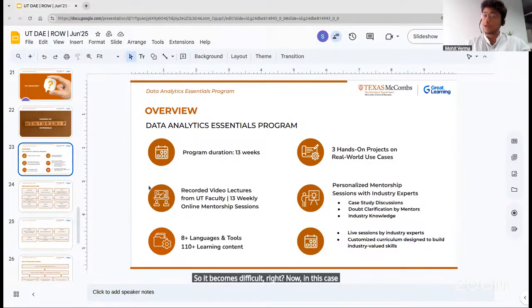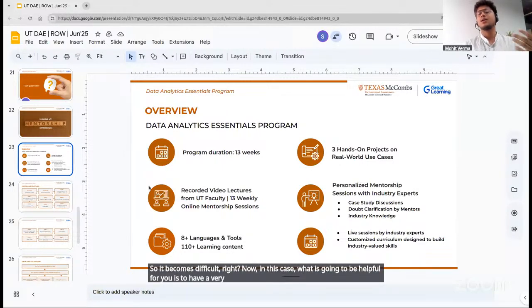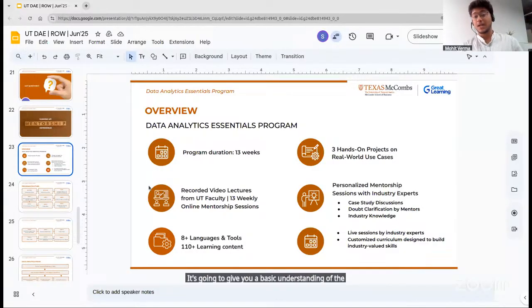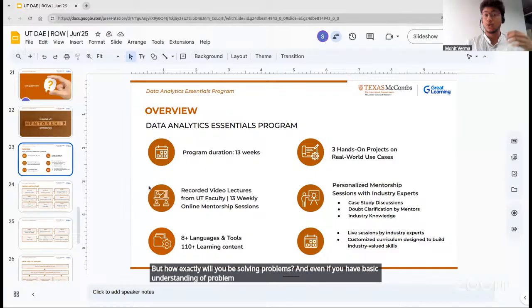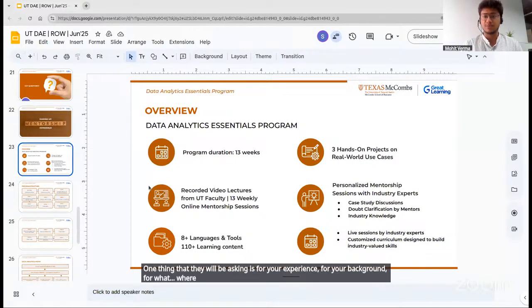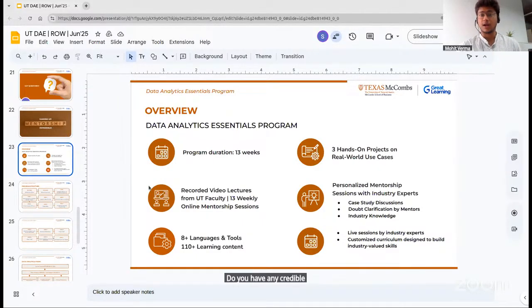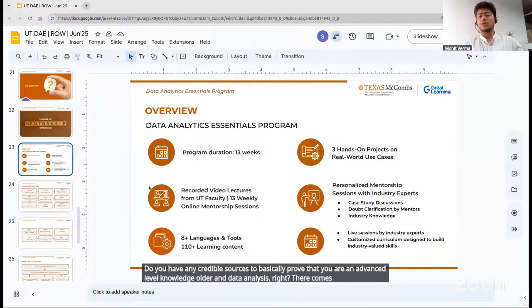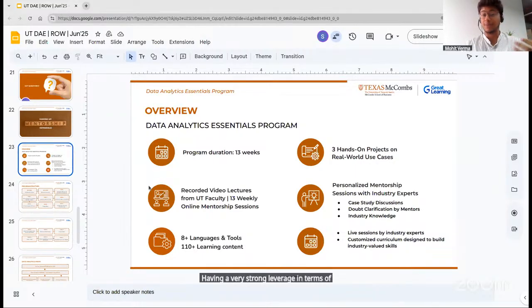Now, in this case, what is going to be helpful for you is to have a very structured learning and also to have a backing, a leverage which you can utilize. Learning from a free online source is going to give you a basic understanding of the process and the domain, but how exactly will you be solving problems? And even if you have a basic understanding of problem solving, once you go for an organization or any interview process, they will be asking for your experience, for your background, for where you have learned these aspects. Have you done it on your own? Do you have any credible sources to prove that you are an advanced level knowledge holder in data analysis, right? There comes, of course, having a very strong leverage in terms of having the name of a university associated